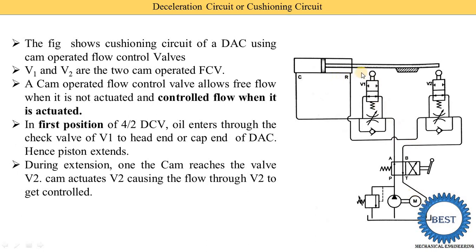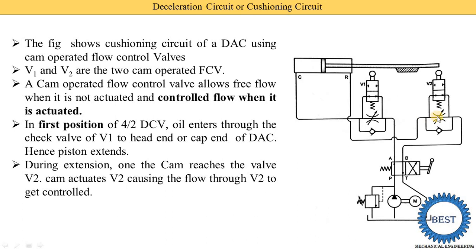But when the clamp presses valve V2, according to the requirement of the cushioning, they set the particular length of the clamp and the location at which the clamp is installed. Suppose we require cushioning for the last 20% of the extension stroke. If the length of the piston rod is 10 feet, then we provide the clamp here at 8 feet. So when it presses, the oil at this point starts to flow through the flow control valve.